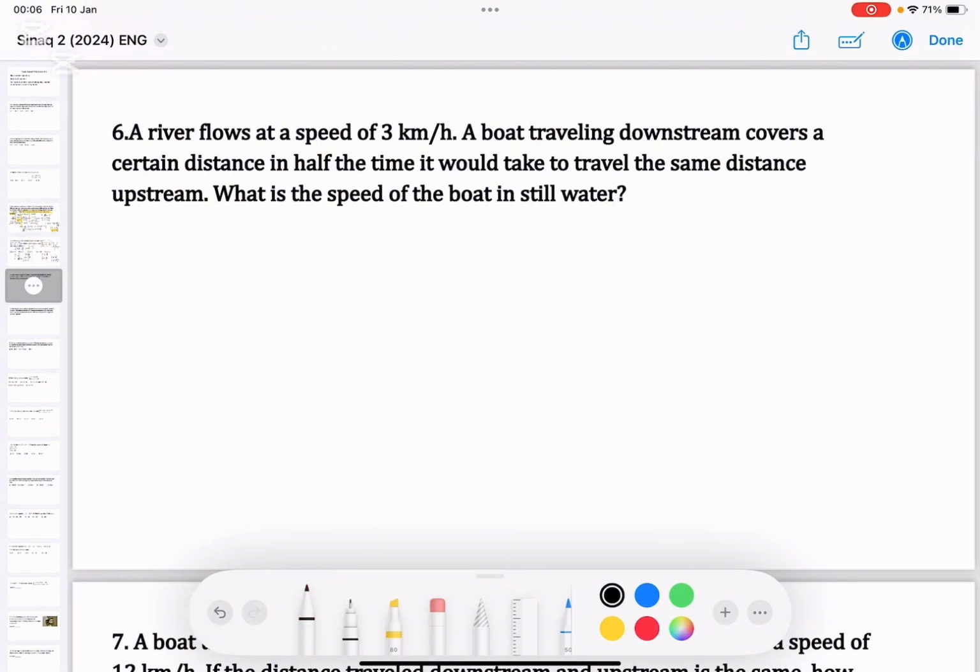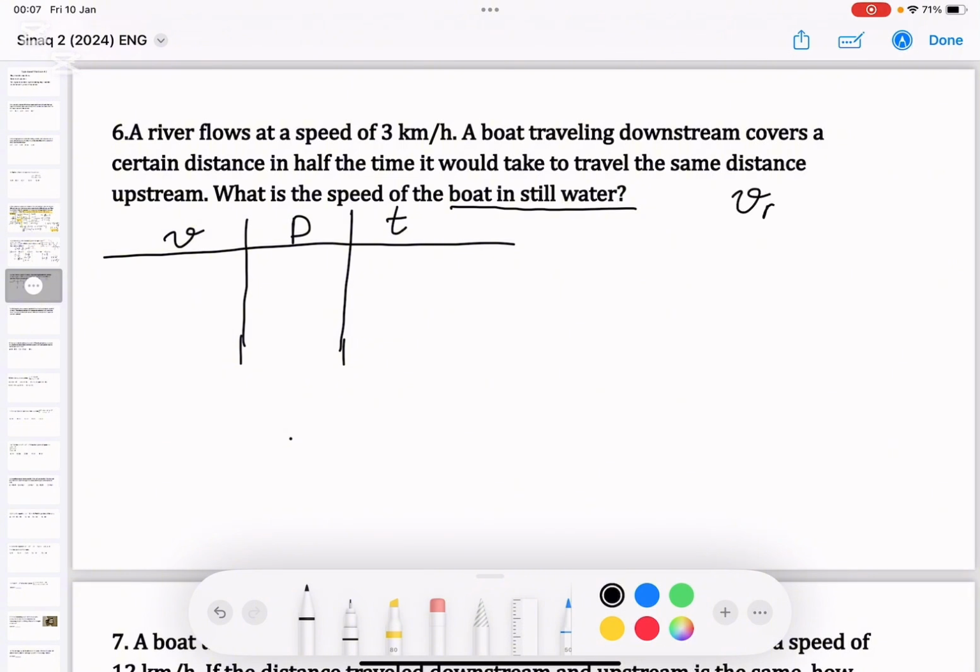So again, let's visualize the information by using a table that will have information about the speed, the travel distance, and the time spent on this distance. So we have information about boat traveling downstream and upstream, and we have to find the speed of the boat in still water. So first thing, you have to understand that